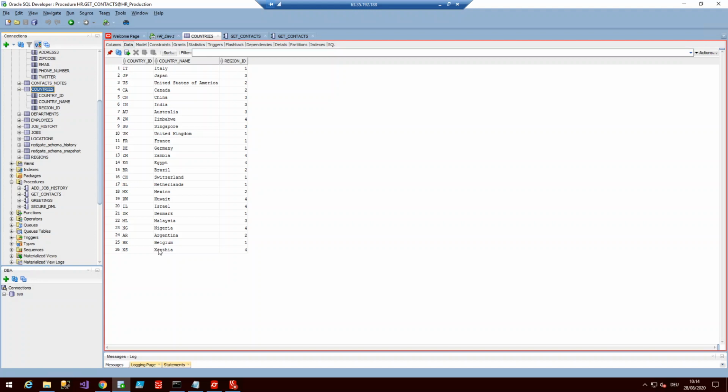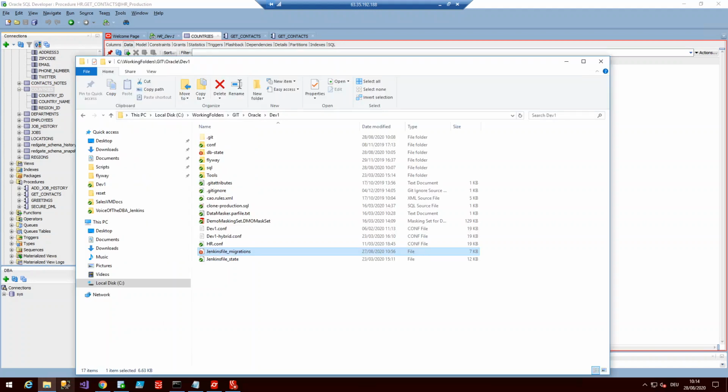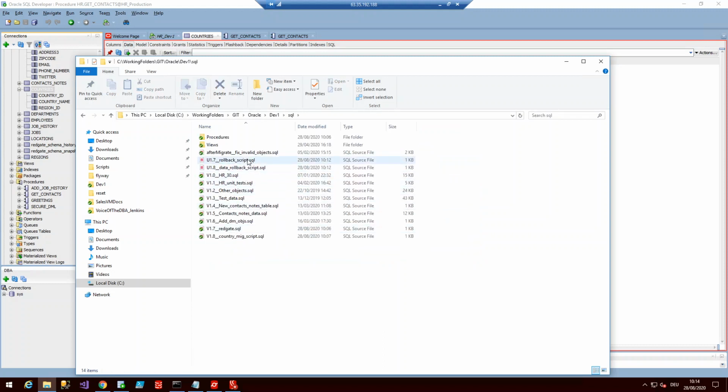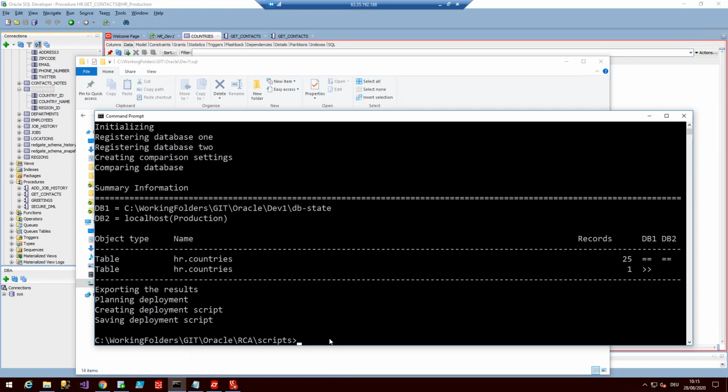Now, as I said, what we'd also want to have is now, while we have provided the rollback scripts in the process of running our Jenkins pipeline, I would quickly show you where those are. So we have actually placed them in a very dedicated manner, in a way that Flyway can handle them in the SQL folder. So there are two scripts, one for the schema change, the other one for the data change. And if I'm now running those